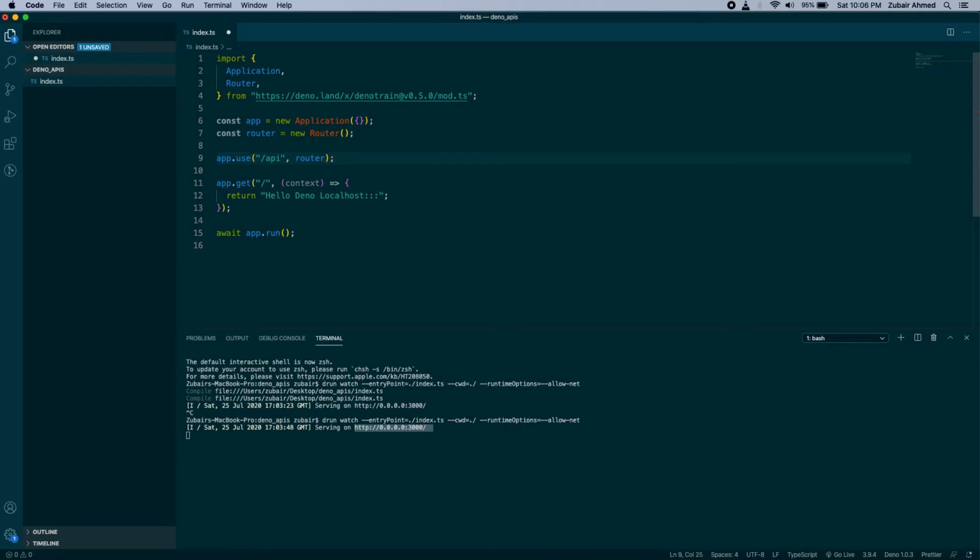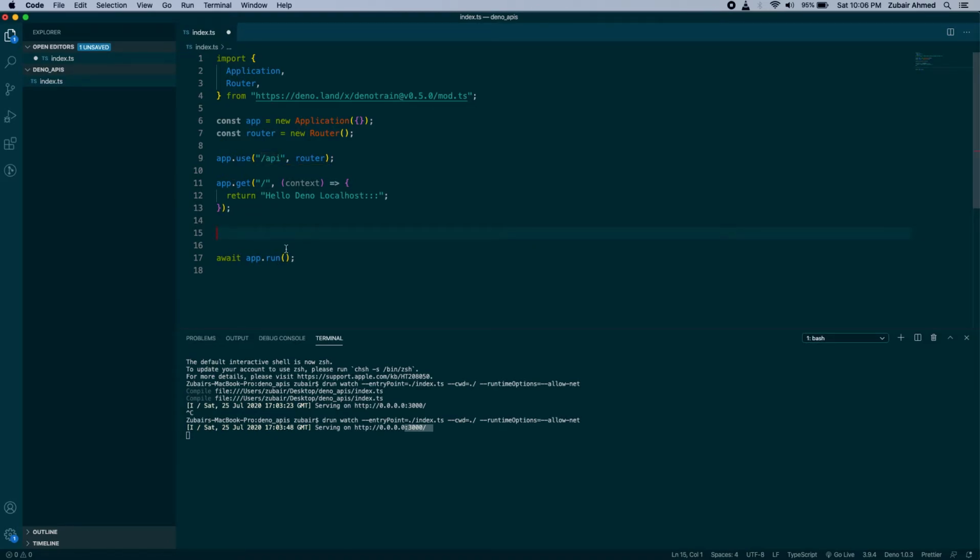Okay, so next thing we want to do is create another route, which is called /users. After the base URL, which is localhost 3000, we have /API as a base router, and then we will have /users.